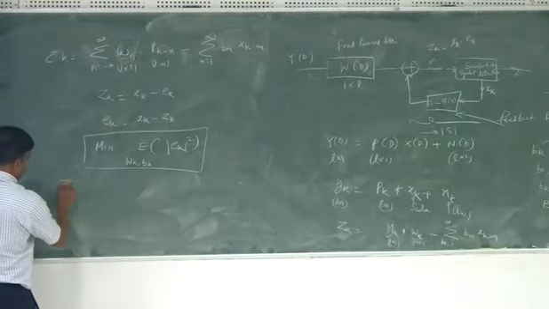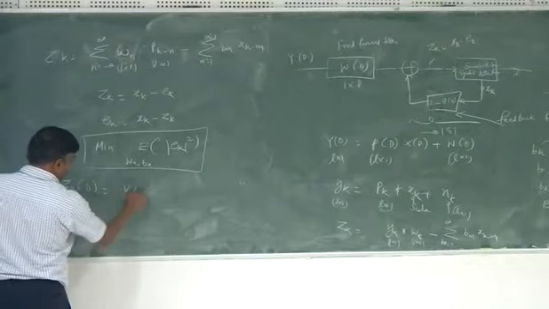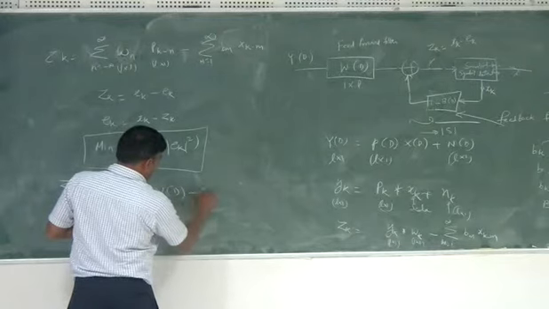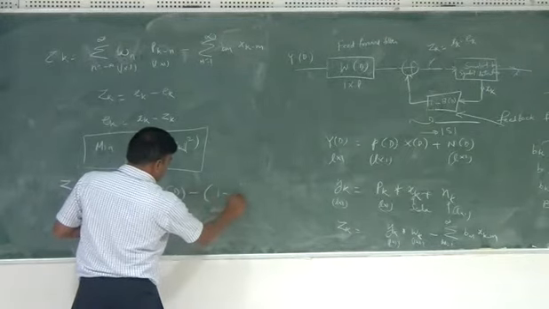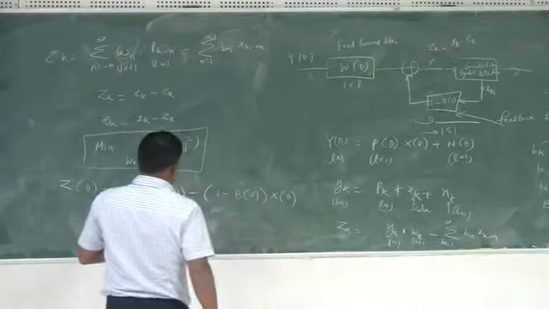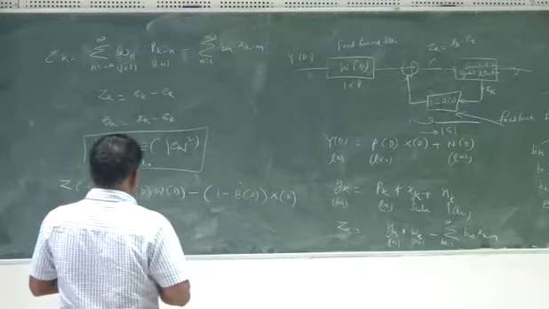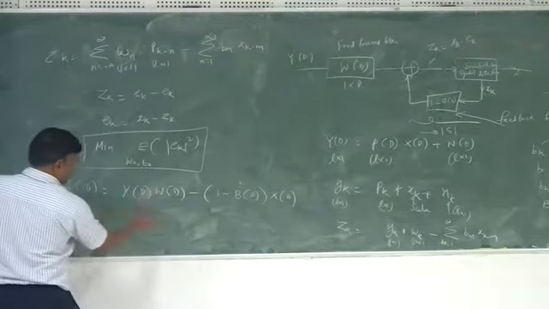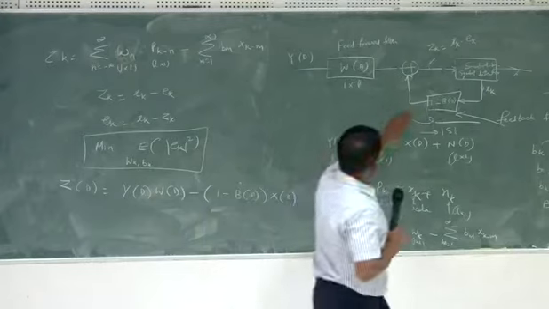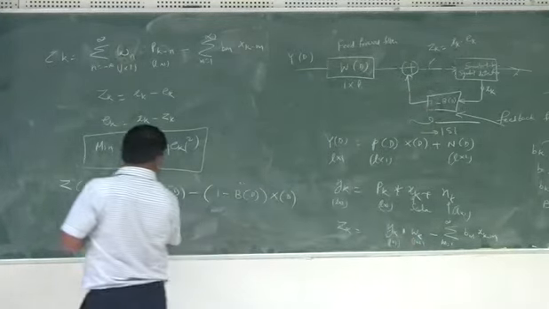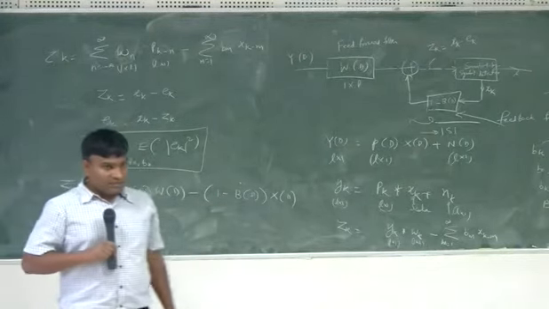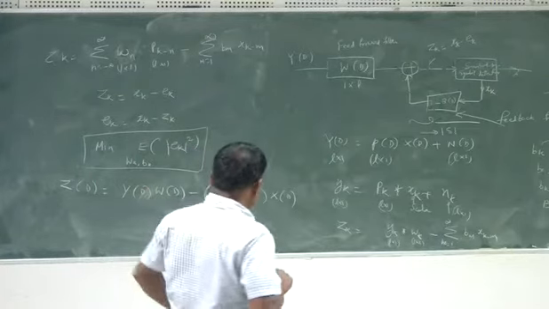Let's rewrite z of D is equal to y of D w of D plus 1 minus b of D into x of D. Is that right? That's exactly what we did, right? At this point, we have feed forward filtering and we have a feedback section which excludes one from this particular filter.